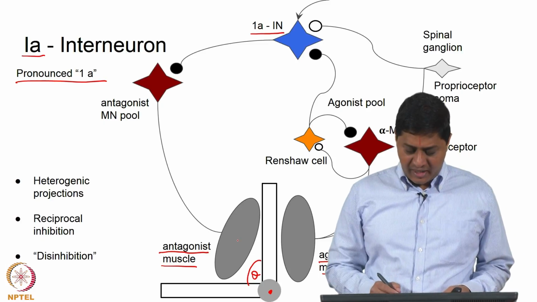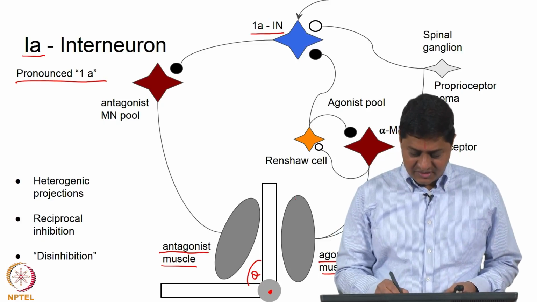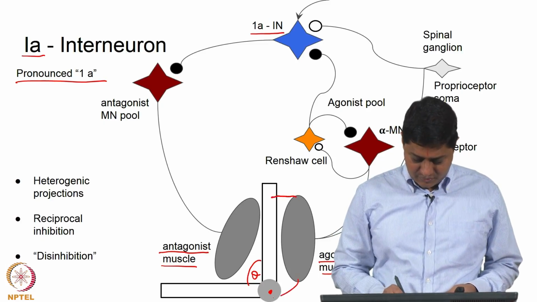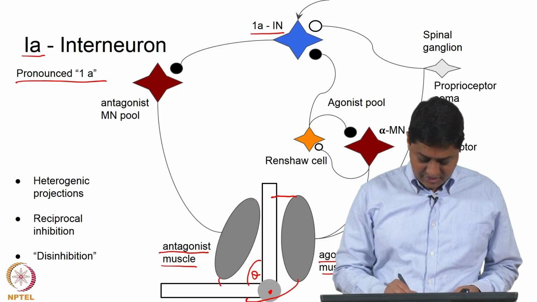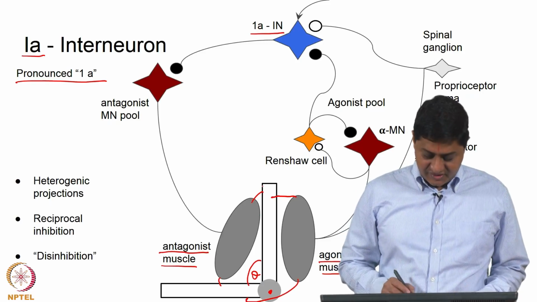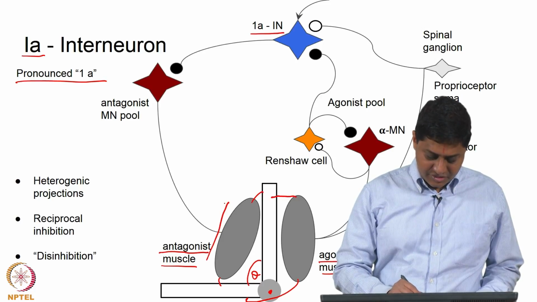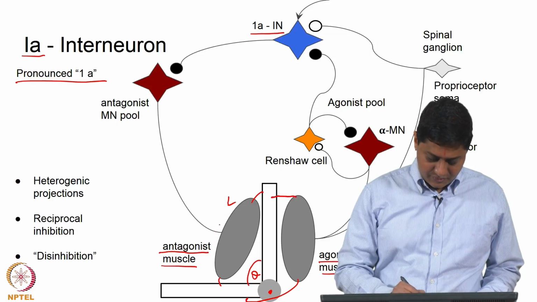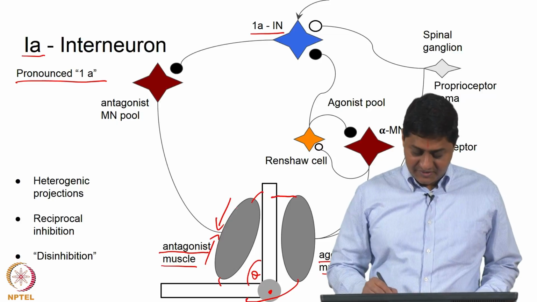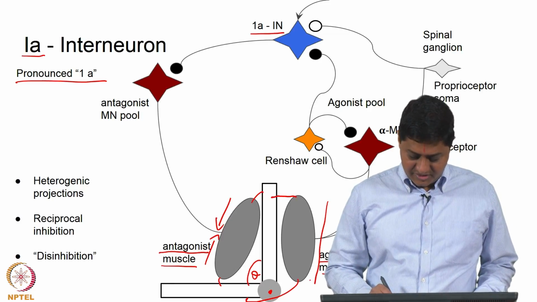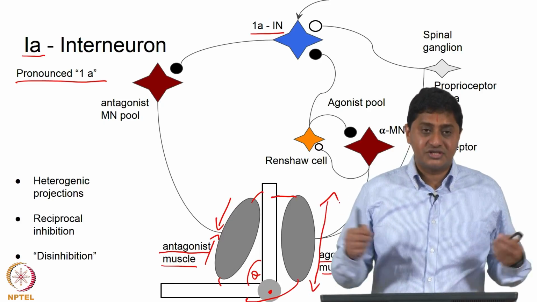When that happens, because this muscle is connected to both bones like that and this muscle is connected to both bones like this, as this muscle shortens, this muscle is going to be stretched, is going to be